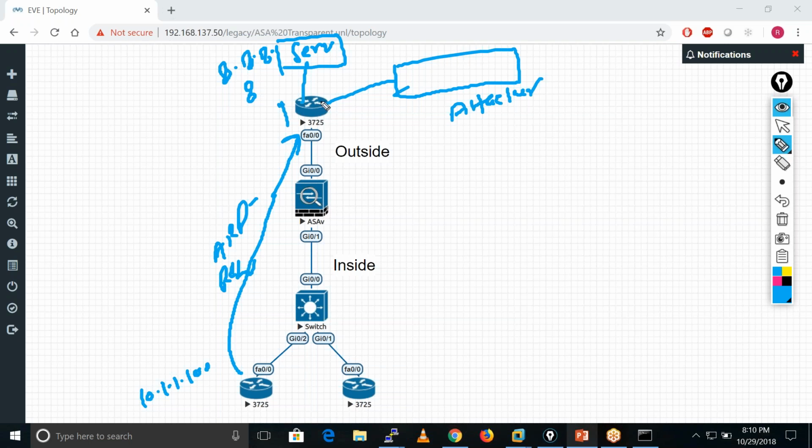So let's suppose this is a switch. This is not a router. Let's suppose this is a L3 switch, for some time only. So the thing is, he receives that ARP request, right? He just forwards this request over this guy and over this guy also. What happens? Now this guy gives the reply.